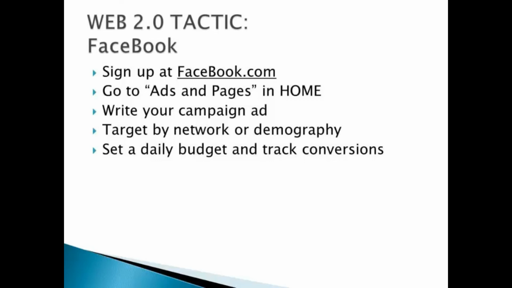You probably already know that you can see advertisements on the right-hand side of your Facebook interface, so depending on what network you belong to or what keywords are detected in your profile, different types of advertisements will appear on your Facebook account. For most of you who belong to networks like Australia or the United States of America, you will see advertisements that are geographically or demographically related to your network, like weight loss or how to minimize taxes in Delaware. Enter the Ads and Pages in your homepage and you can start writing your ad campaign.